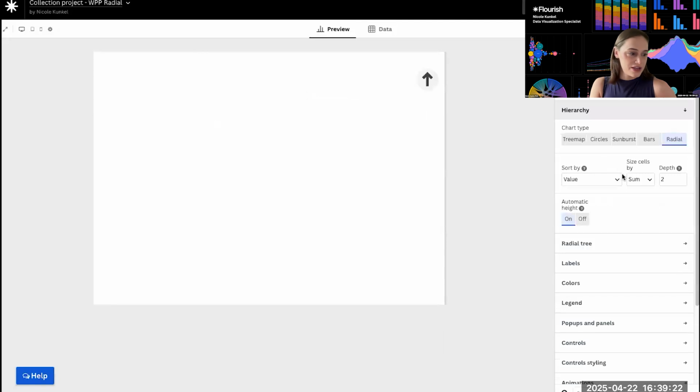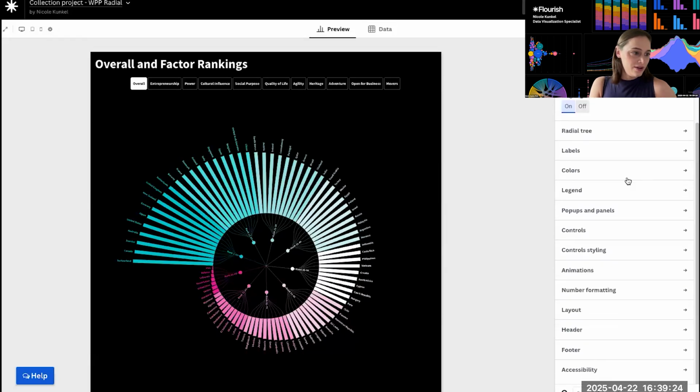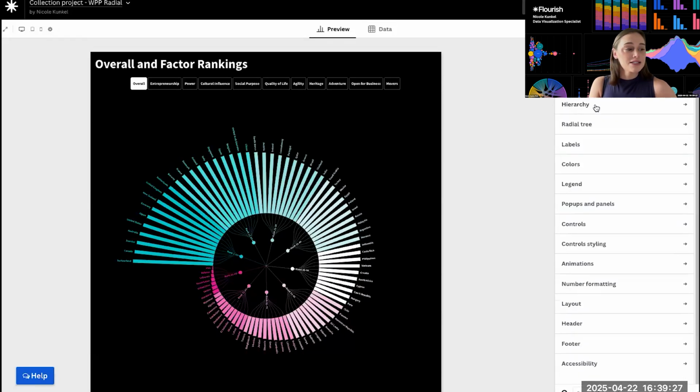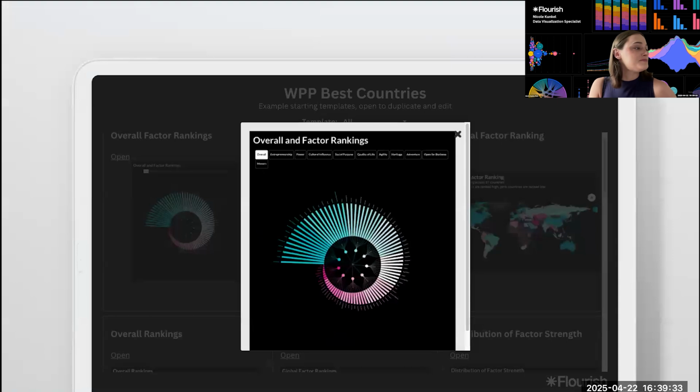And then you are free to explore the settings in this editor panel and the data to understand how this chart was created.